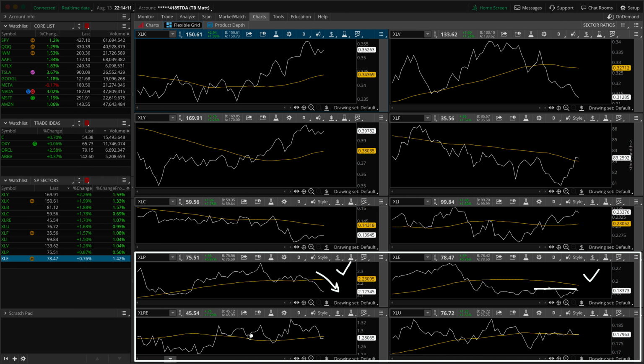The real estate sector, really just sideways, tangled up around that 50 SMA. It's fine. Risk off. And the utilities, although it's about to make that new all-time high on a relative strength basis, it's really just going sideways. This, of course, measures the relationship between how much the XLE is up versus the SPY is up. And in the grand scheme of things on the ratio grid, it still is kind of at minimum neutral here. So even if you wanted to put a tilde for neutral, still 3 of the 4 in the risk off